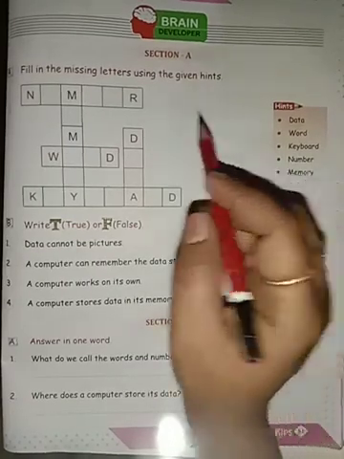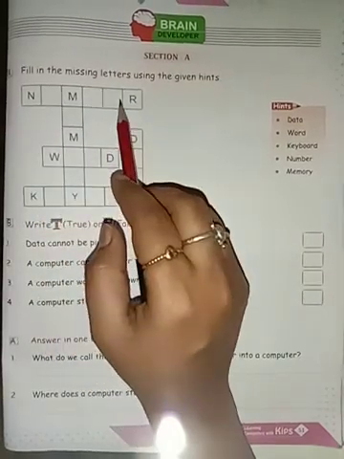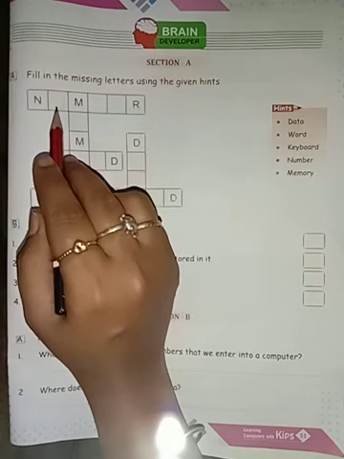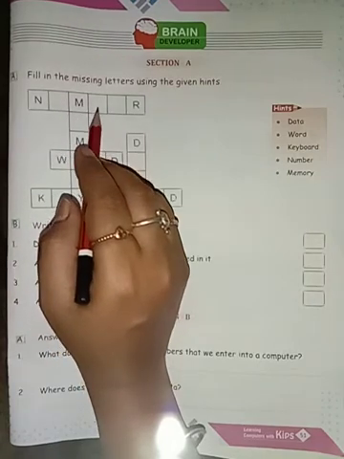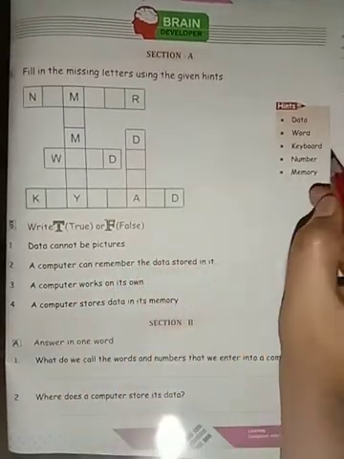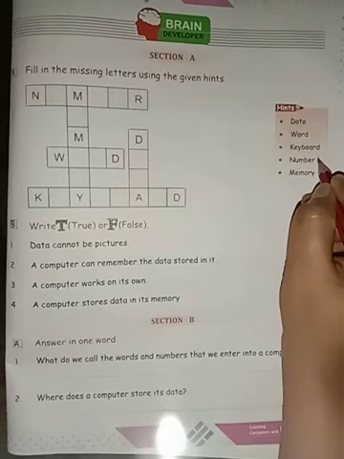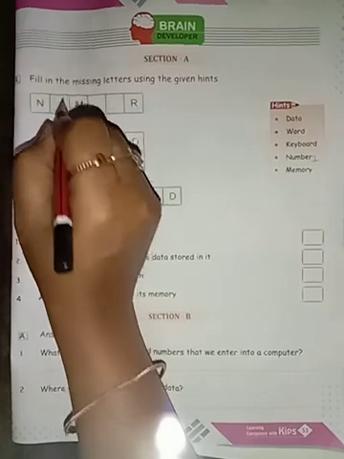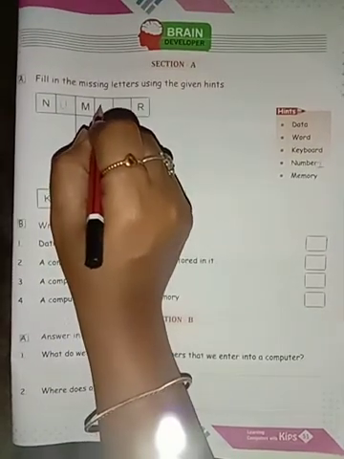So let us start. Now see, the first hint is this one. So you all have to find out the missing number. So N is there and there is a blank. M is there. Again there is a blank and one more is a blank over there and R is there. So which will be the correct answer, children? Here just see and tell me. The correct answer is number. So here I will give number 1. So here I will be filling the missing letters, that is NUMBER.